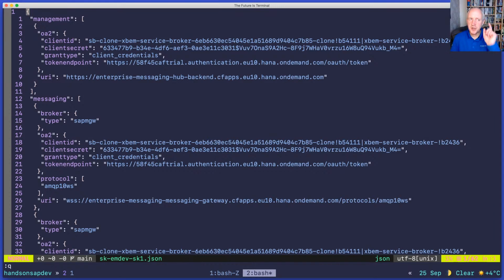Okay, these are the credentials. Of course, we know these are the credentials. So these are the credentials that CAP needs in order to connect to the enterprise messaging service, specifically the service instance that's described in here. So